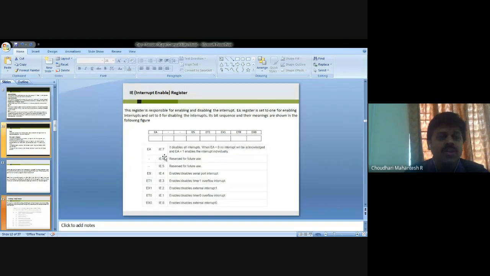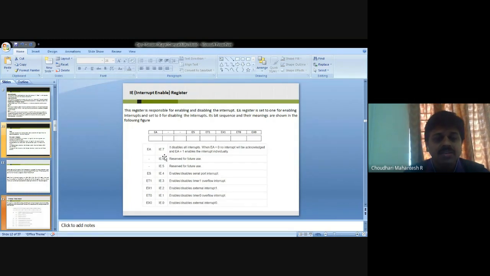While writing code, you need to assign and mention these bits. Then, according to conditions, it enables or disables the interrupts. So for interrupt 1, we consider EX1. Similarly, to enable or disable timer 1, we use ET1, IE.3.